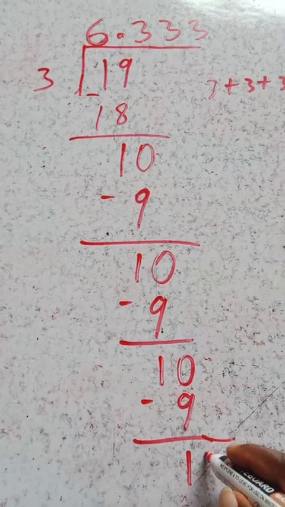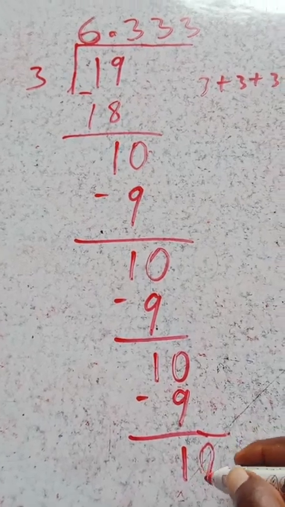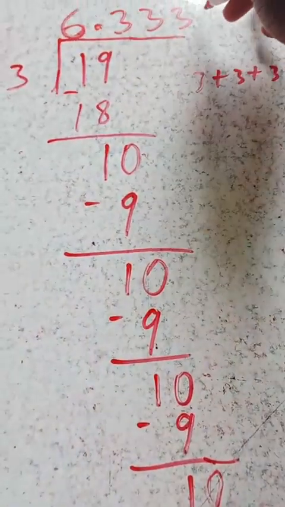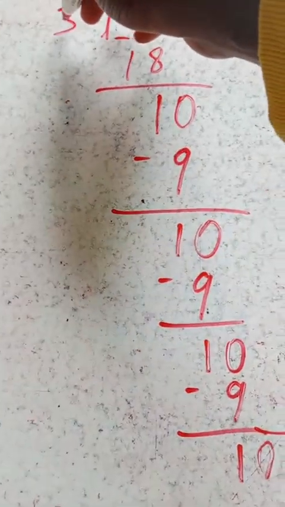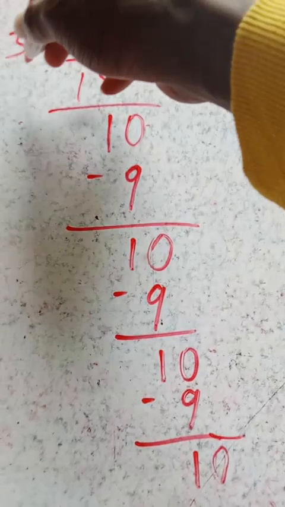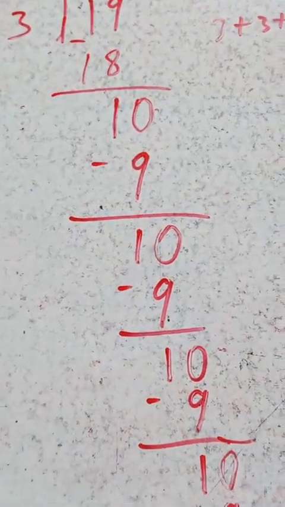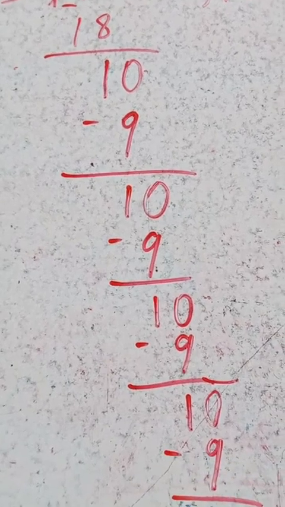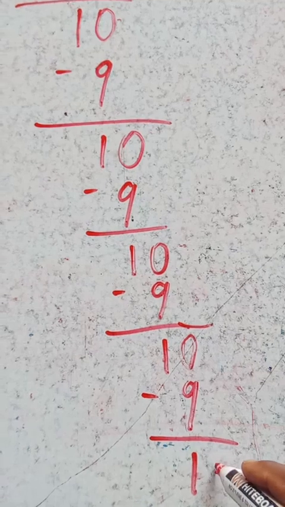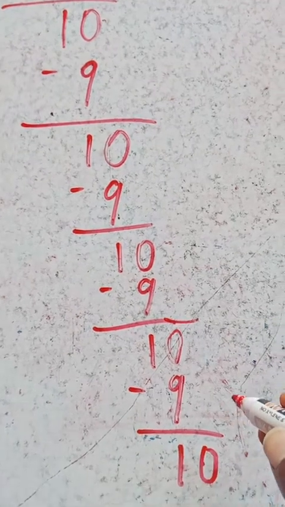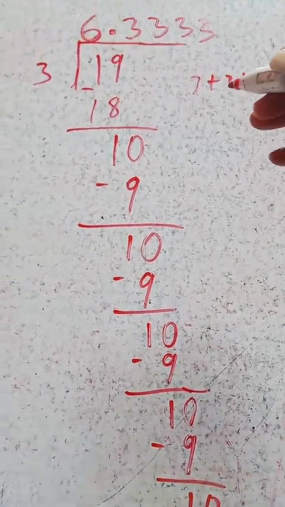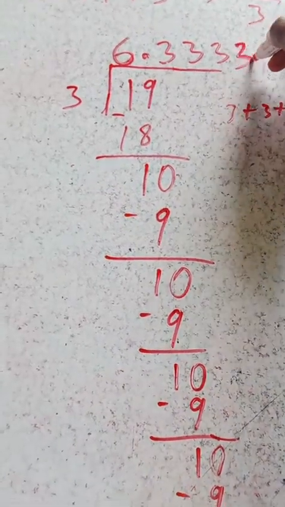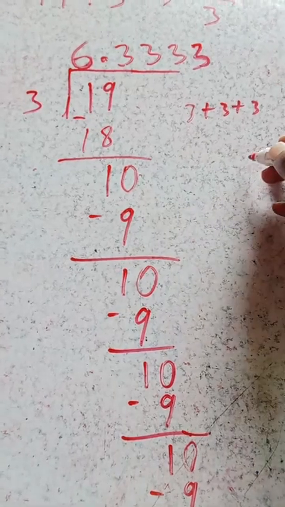Okay, so you add another 0 again. And then 10 divided by 3 is still going to be 3. And 3 times 3 is still going to give you 9. And then when you minus, it's still going to give you 1. Okay, are you seeing it? So you add 0 again. So it's continuous. But when you get up to 4 decimal places, you can say that